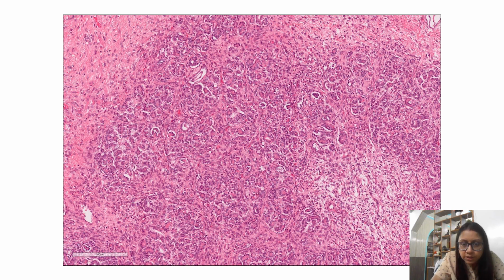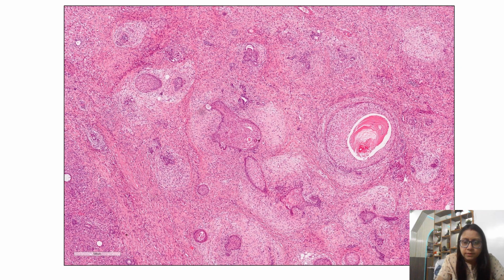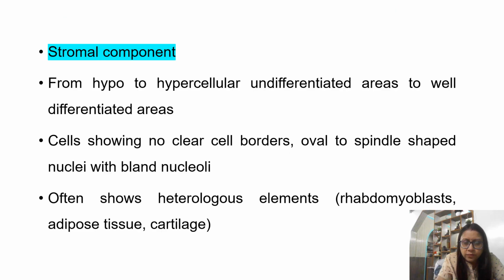See, small tubule जैसे दिख रहे हैं यहाँ पे आपको. So these are small tubular areas, small sheets में आ रहे हैं tubule. So these are your epithelial component. Then you can see some squamous line also. ठीक है, यहाँ पे आप देखो keratinization दिख रही है. Fine. Then stromal component में क्या होती है?